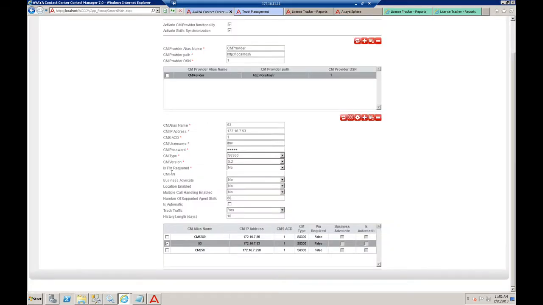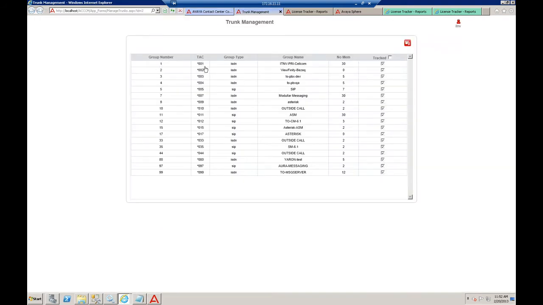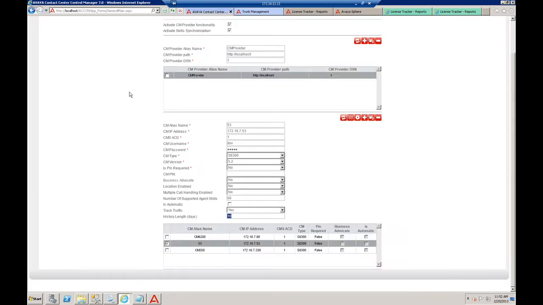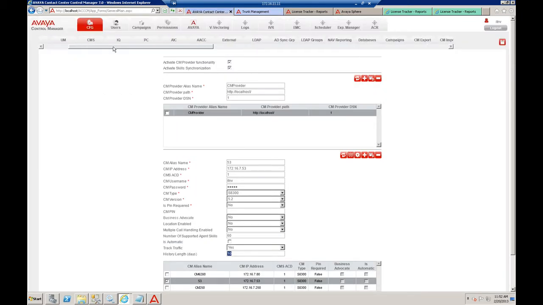So going back to my UI, we've seen where to configure, and again, track traffic is set to yes, and the history length is set to 10. This is where we're going to configure the tracking itself. Then we're going to choose which trunks we want to monitor, whether we want to monitor all of them or just a few. And once we did that, I'm under the Config tab, we can locate the License Tracker tab